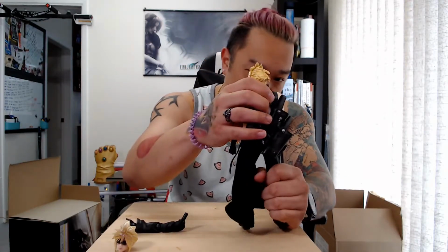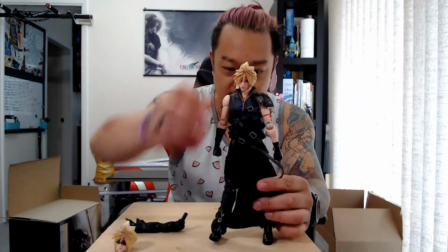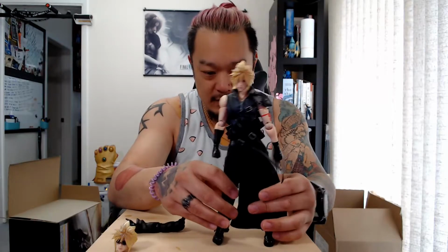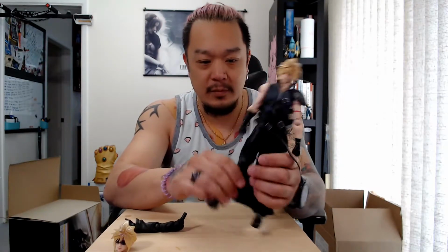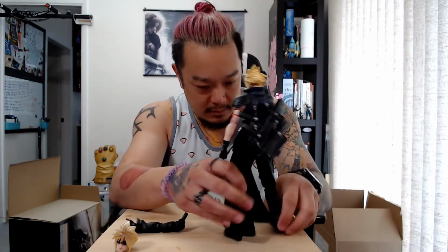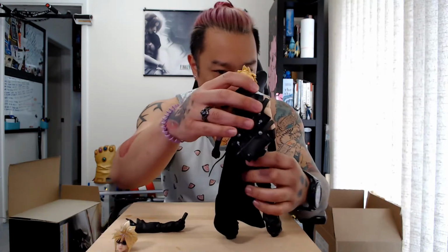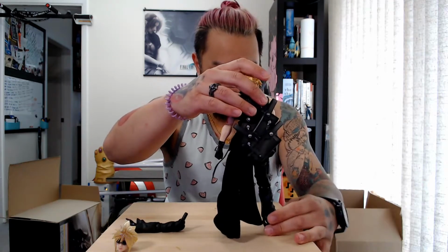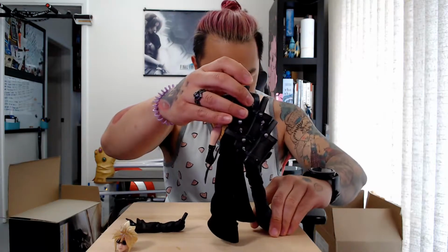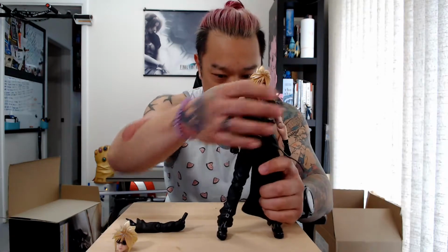He really looks really leggy. The leg to body ratio is pretty substantial. I guess you kind of need it for when you mount him on the bike. But let's see. This one just back and forth, eh? No, that's not gonna happen. I had it a bit, but